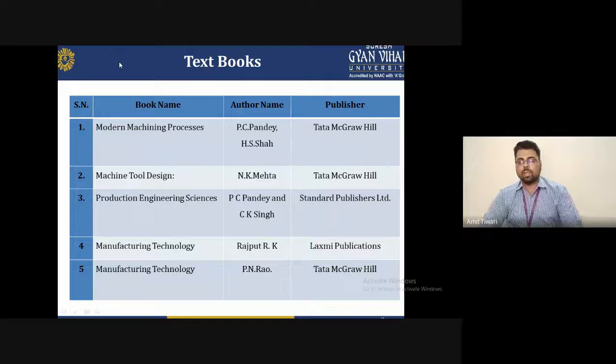With the help of this, I am telling you at the end of the section that multi-point cutting tools have several advantages and single point cutting tools have some advantages too. It depends upon the condition and the operation you perform, on the basis of your application. If you want to make a gear, it is possible with the help of a multi-point cutting tool, but it is not possible with a single point cutting tool, because you know that the single point cutting tool has a single cutting edge and is used to remove material from the surface of the workpiece with that single cutting edge.